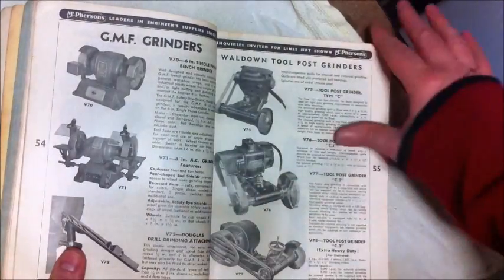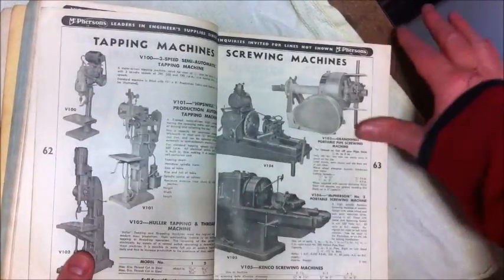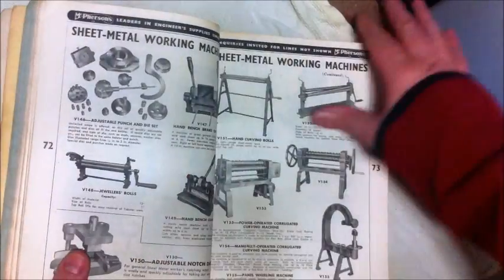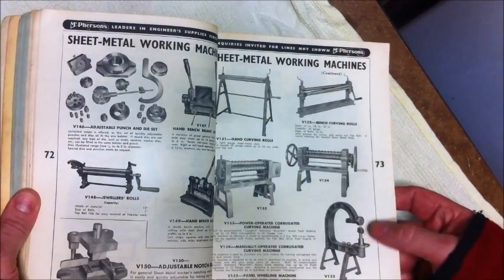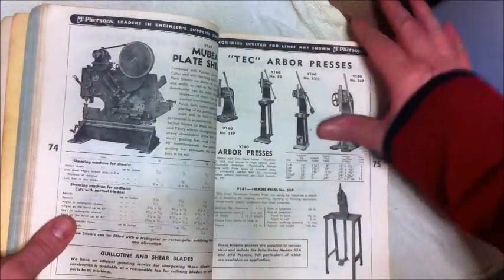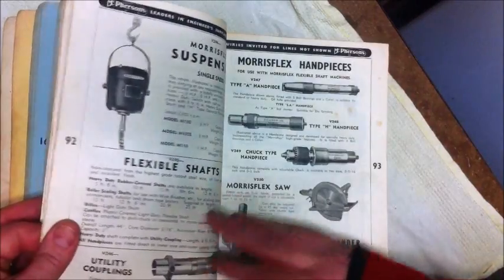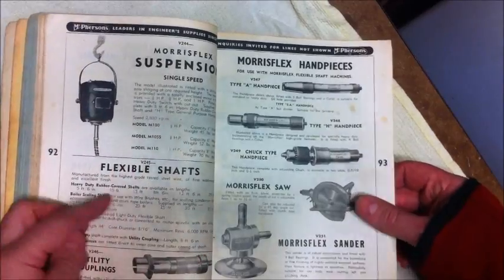Hacksaws, GMF grinders, drilling machines, screwing machines, bending machines, sheet metal punches and shears. There's an English wheel there. A panel wheeling machine, arbor presses, sheet metal working gear, rotary hand presses, the Morris Flex suspension drill,